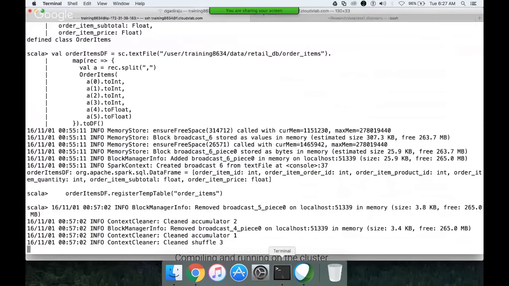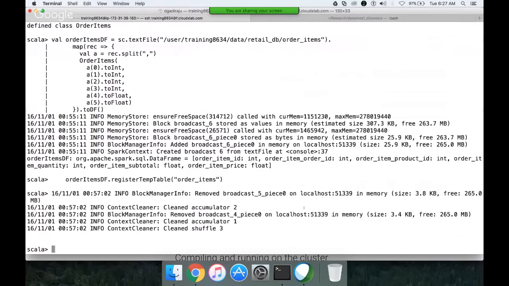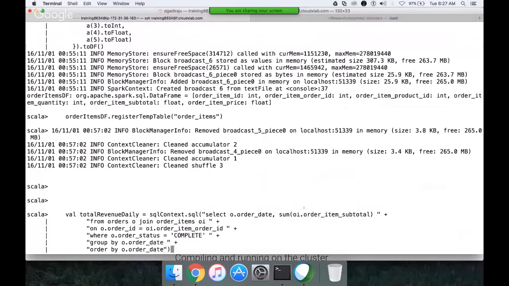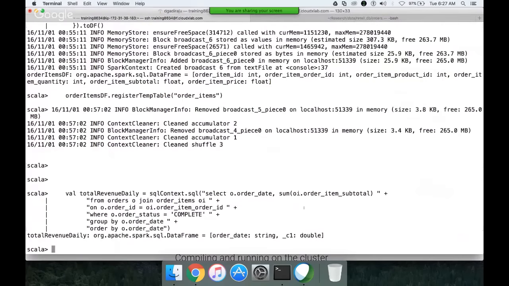For example, let me run this query first. Okay, now total revenue daily has the output, which has the order date and some derived column called _c1, which is nothing but the total revenue. If you want, you can give an alias here to get an appropriate column name also. As we don't have an alias, it has created a derived column here. Now you can say total revenue daily